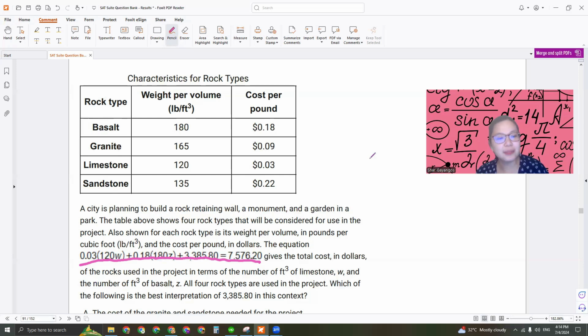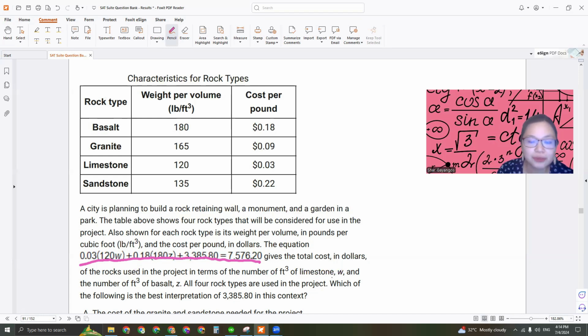A city is planning to build a rock retaining wall, a monument, and a garden in a park. The table above shows 4 rock types that will be considered for use in the project. Also shown for each rock type is its weight per volume in pounds per cubic foot and the cost per pound in dollars. So basically the table shows us all the costs and the cost per pound. You can go ahead and take a look at the table, and then the equation which I've underlined gives the total cost in dollars of the rocks used in the project, in terms of the number of cubic feet